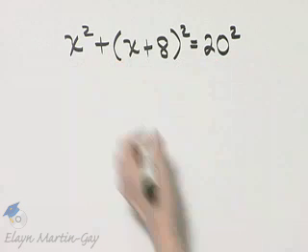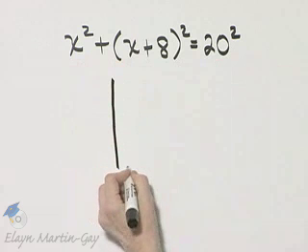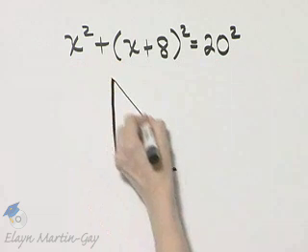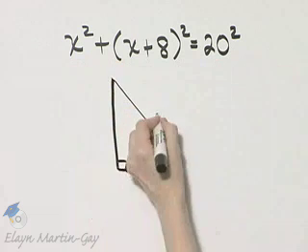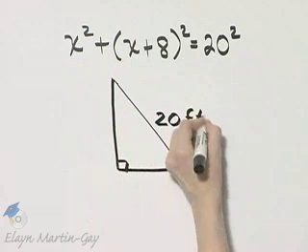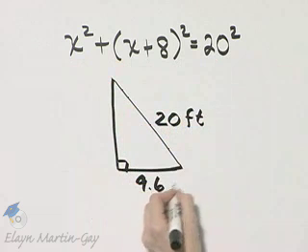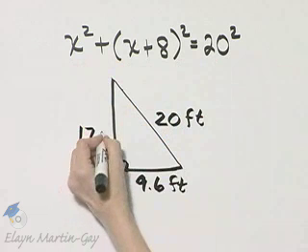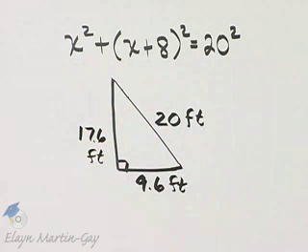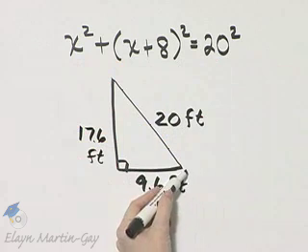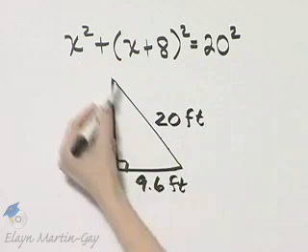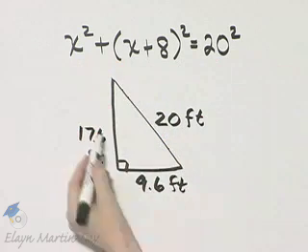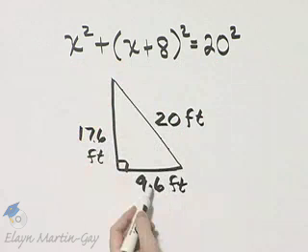So look what we have. Now I'll hand draw my right triangle. This is 20 feet. This is 9 6/10 feet. This is 8 feet longer, so this is 17 6/10 feet. We want to know how much walking distance we save by walking along the diagonal. So let's see by adding these two. If we add these two, we have a sum of